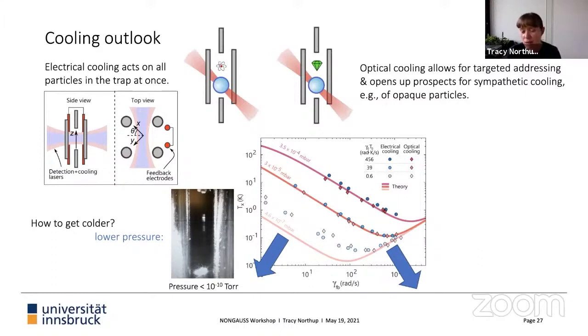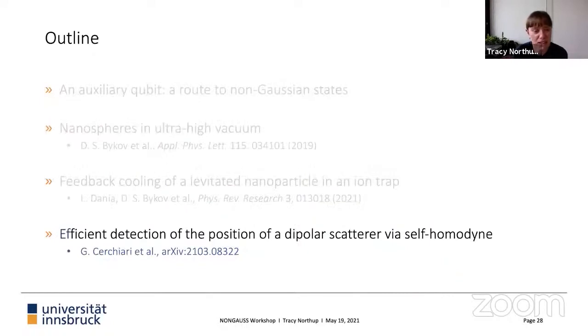How do you bring down the right-hand side? This is this back action story. There, you need to have lower detector imprecision. So, for every disturbance of your particle, you want to be getting your money's worth in terms of actually having an effect. So your detector should be effective, and that's what I'm going to talk about in the last part of my talk: how we can do efficient detection, even in a system where we don't necessarily have a great numerical aperture to collect as much light as we want to collect.